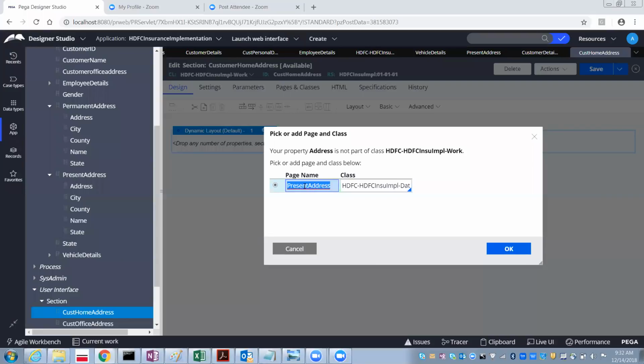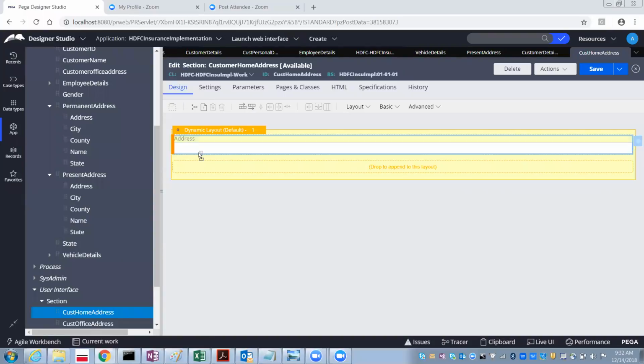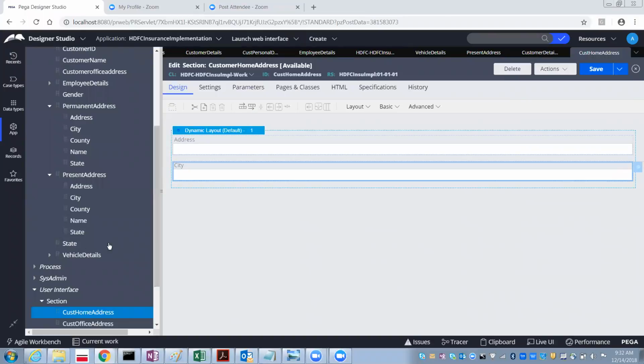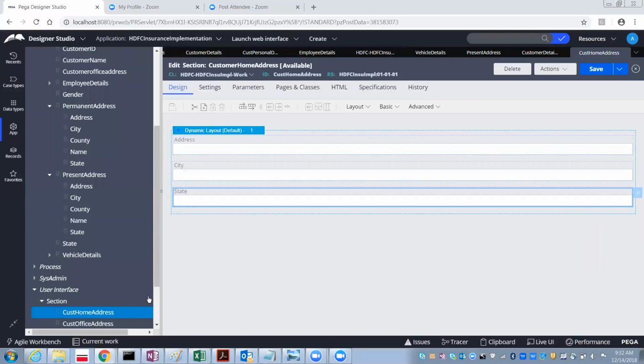So right now the present address, and then city, and then state. Address, city, state, and then country.